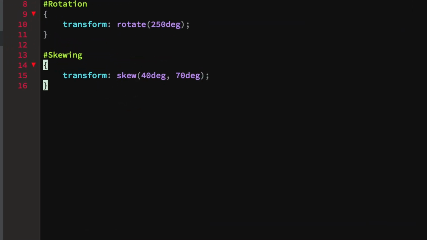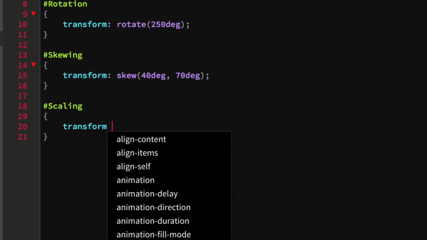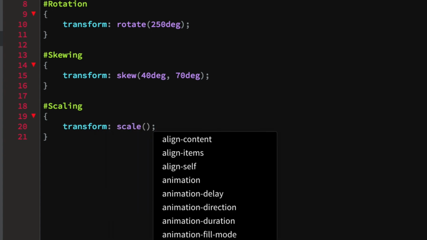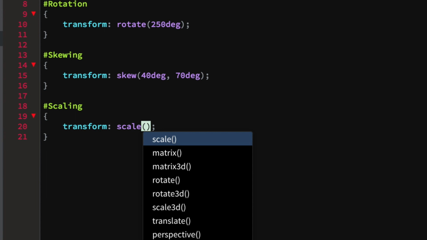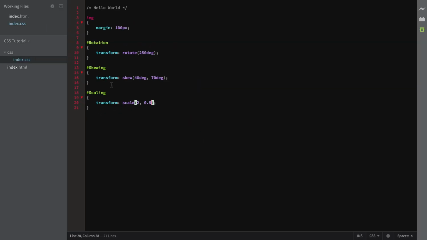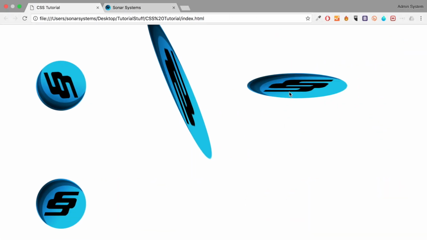Now we're going to show you the scaling transformation. So hash scaling, transform, scale, and I'm going to set an X and Y value. I'm going to put 2 and 0.5. I'm going to put a comma first, 0.5. Save that. So as you can see, it is 2 times wider, but only half of